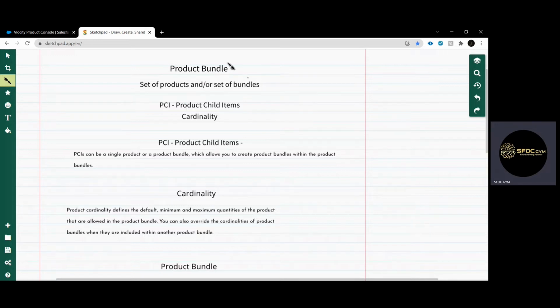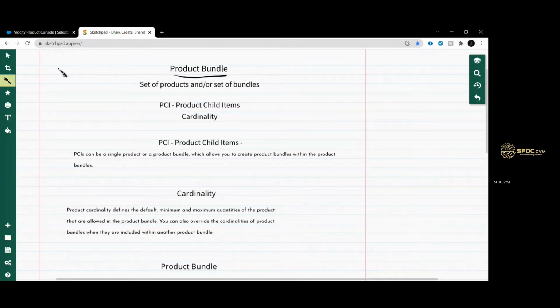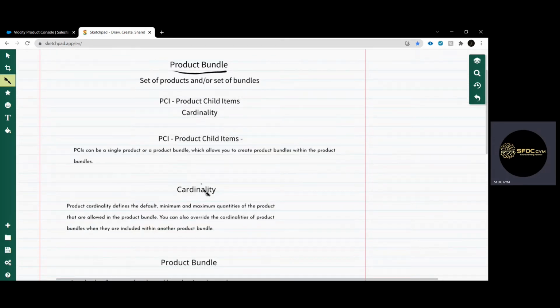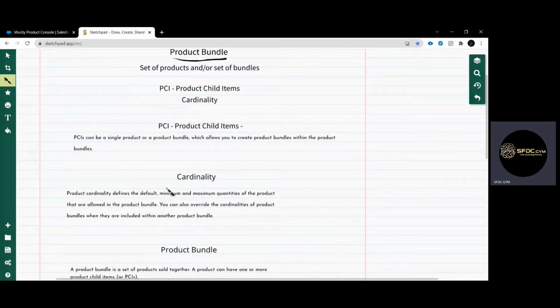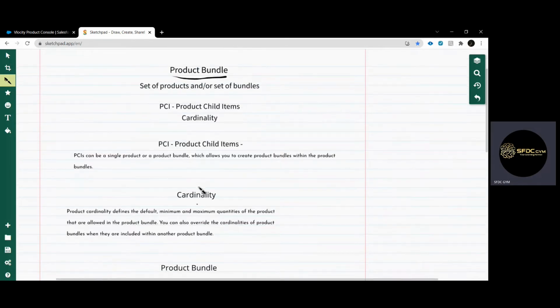So if we configure this kind of offers or products in Velocity, the terminology for this will be product bundle. Okay, so in this video, first we will discuss all the terminology related to this subject, and then we will do the exercise. I'm doing this because in interviews, we have to be more specific in defining the definition so that it will give a good impression.